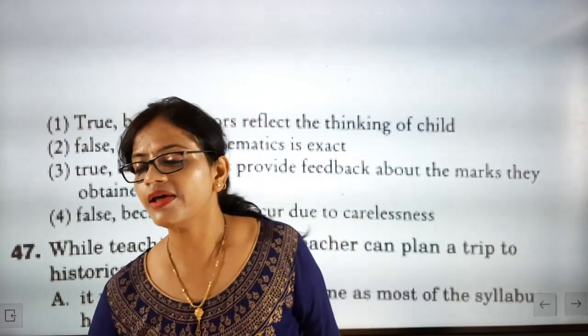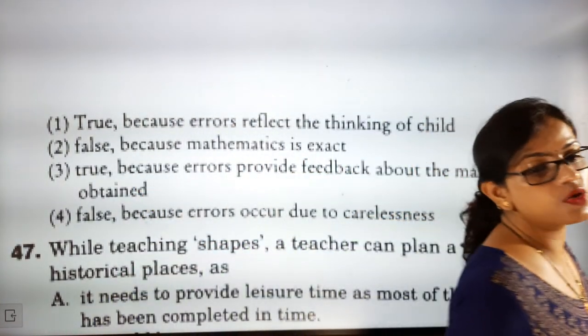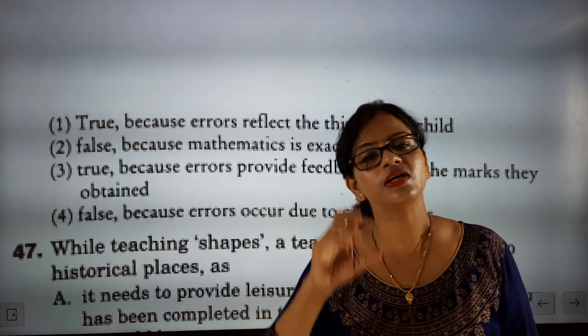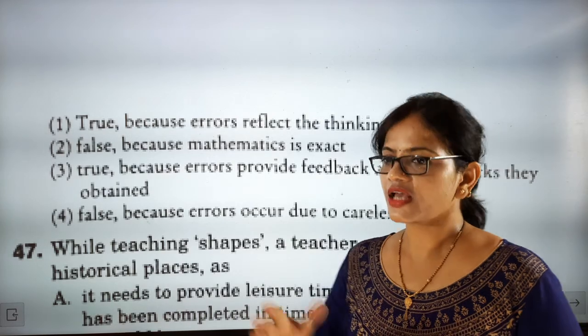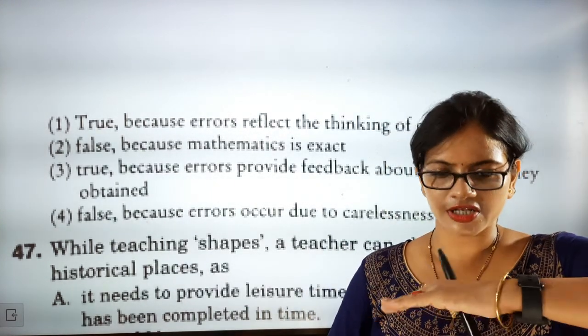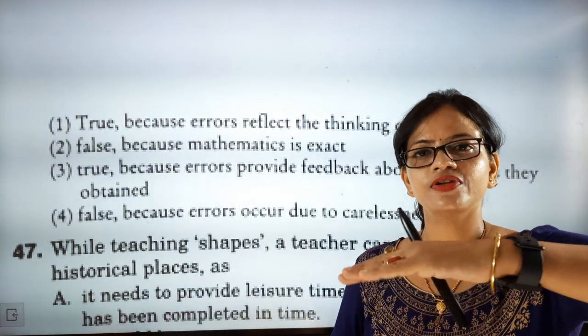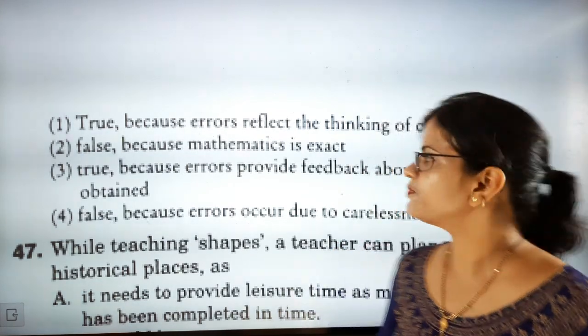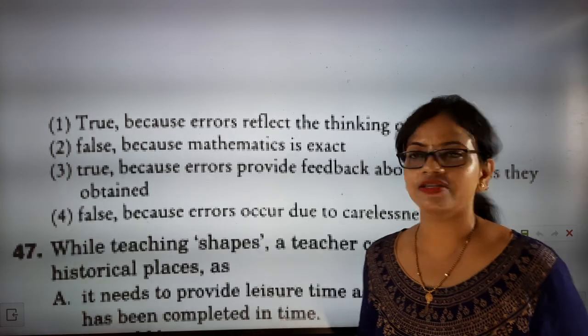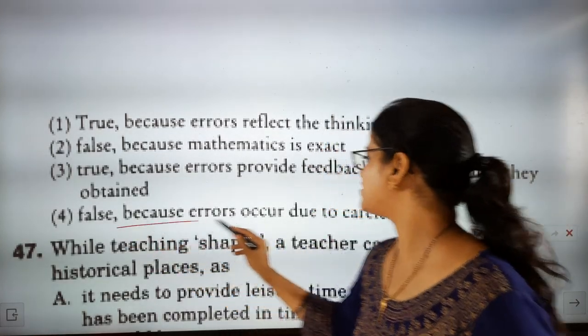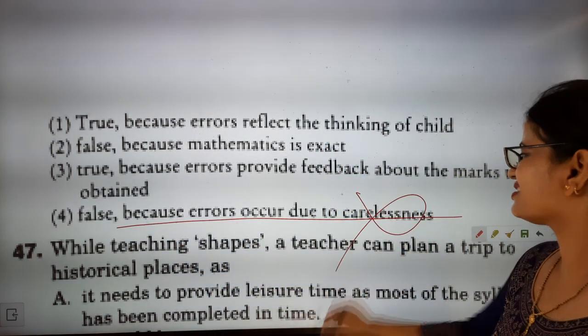So when they make an error, we will come to know that, okay, this is the place where the student's learning stopped. Means the steps after that are not coming correct, and after the child has stopped there, the child makes mistakes, which means the child does not know how to solve this question. So I'm just telling you one error, then you will be able to find it. So false, because error occurred due to carelessness.